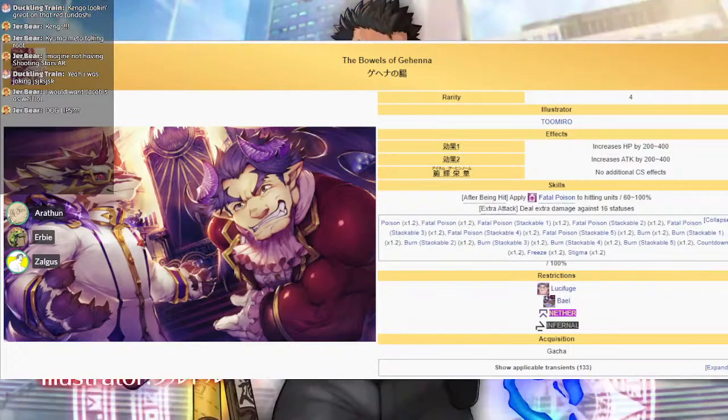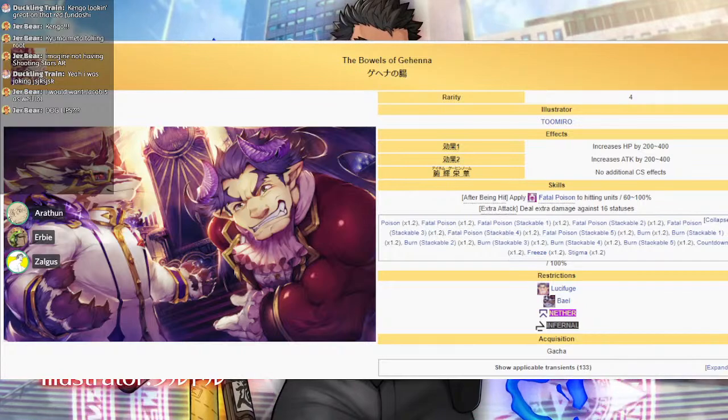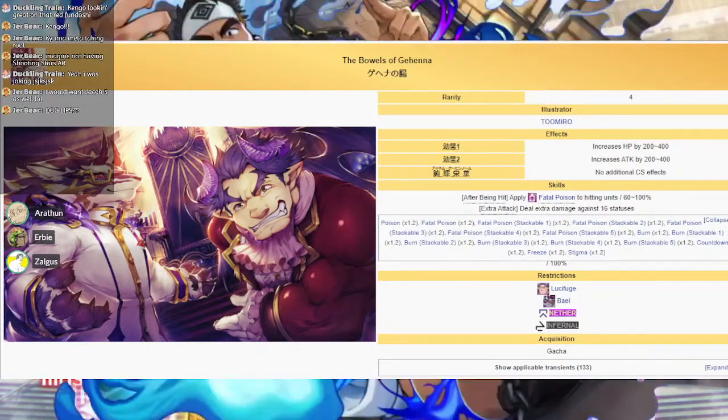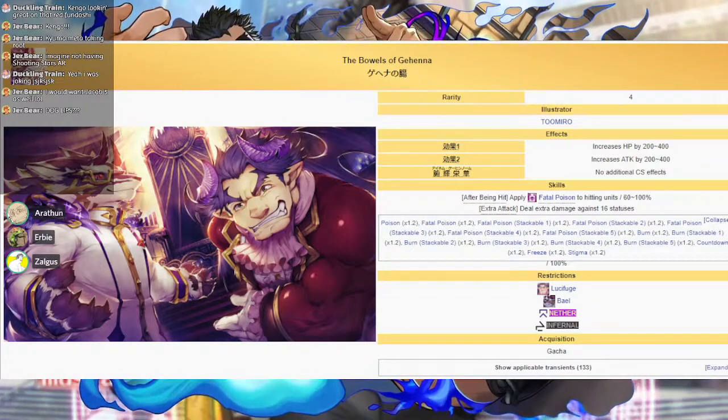To put it into perspective, you would need 4 debuffs to get a 2 times multiplier, so that's already not very good. It's better than anger, I guess. 1.2, yes, I guess. So that's a thing people don't use, but